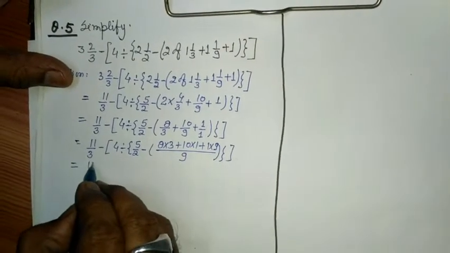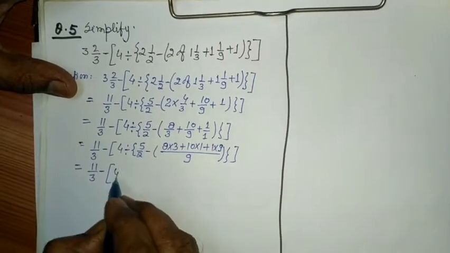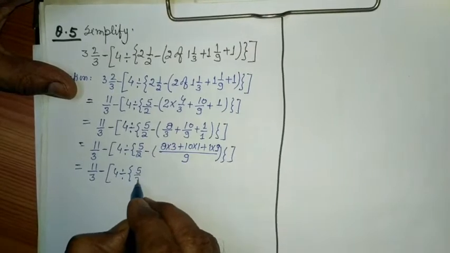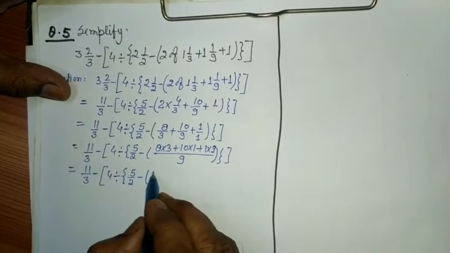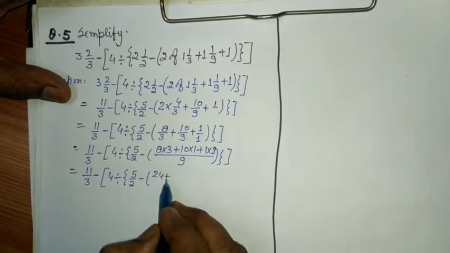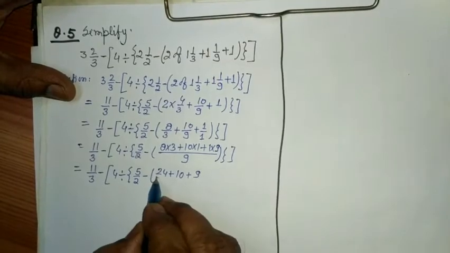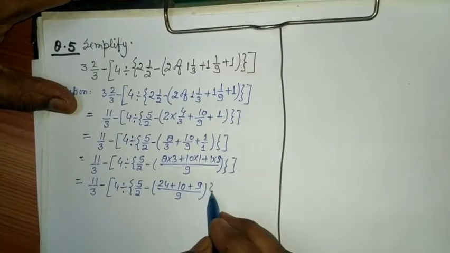Equal to 11 upon 3 minus 4 divide curly bracket 5 by 2 minus bracket 8 threes are 24 plus 10 plus 9 upon 9 bracket close